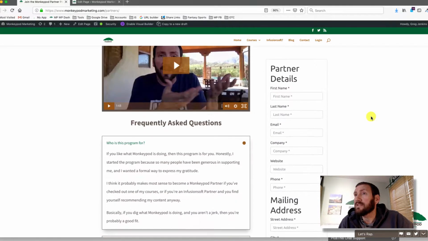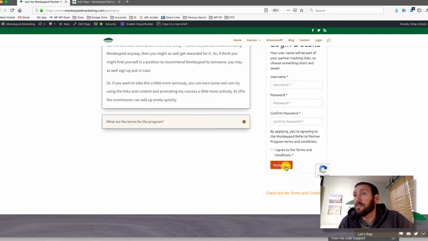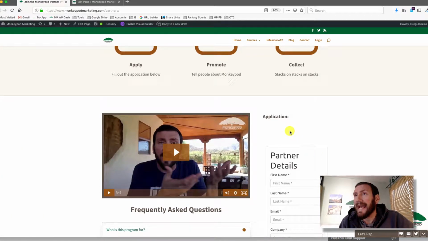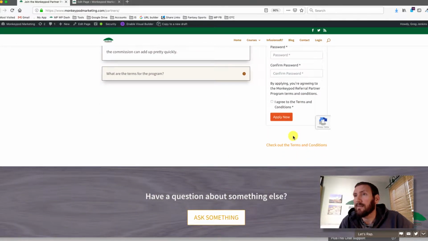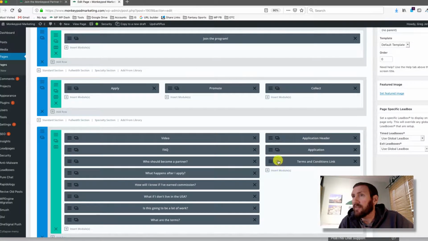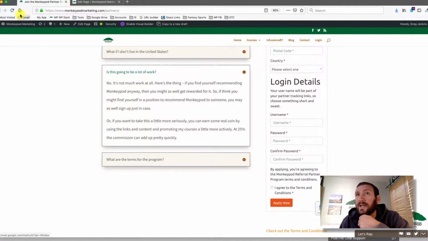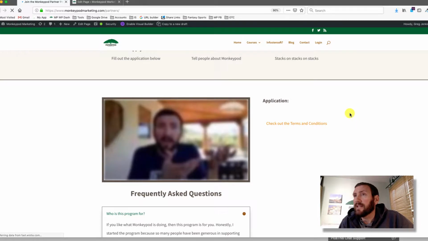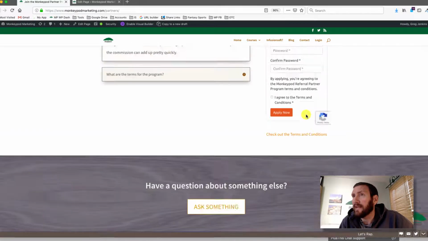So partner details, mailing address, login details. Looks pretty good. It's got a little bit of padding at the top that we don't need. So a couple of cosmetic things to clean up here. Padding on either side, it appears. Let's see if I can fix those quickly. Okay, so we refresh this one more time. Let's see if that snugs it up. Well, there's still some extra padding there, but